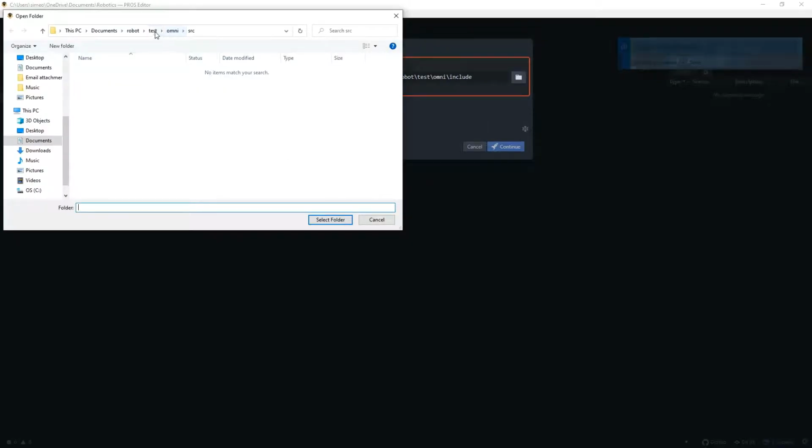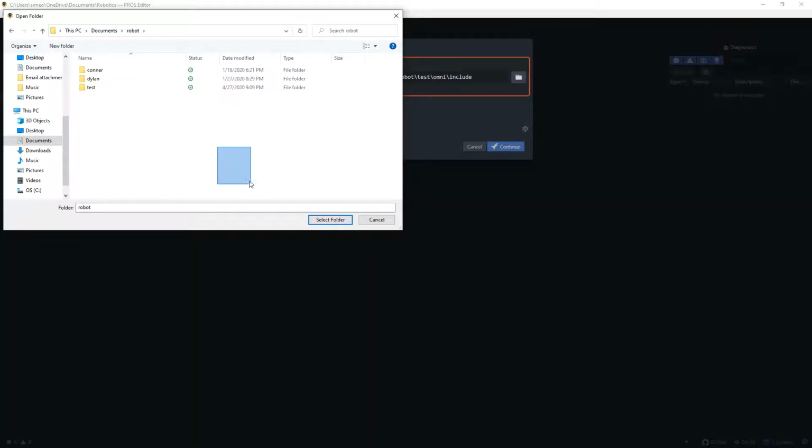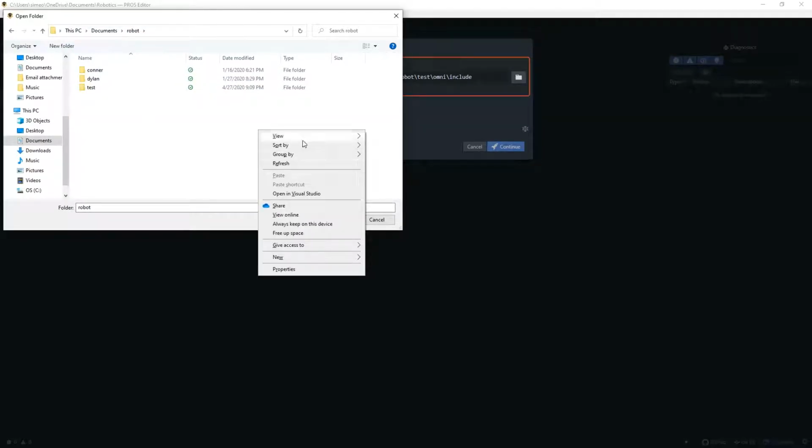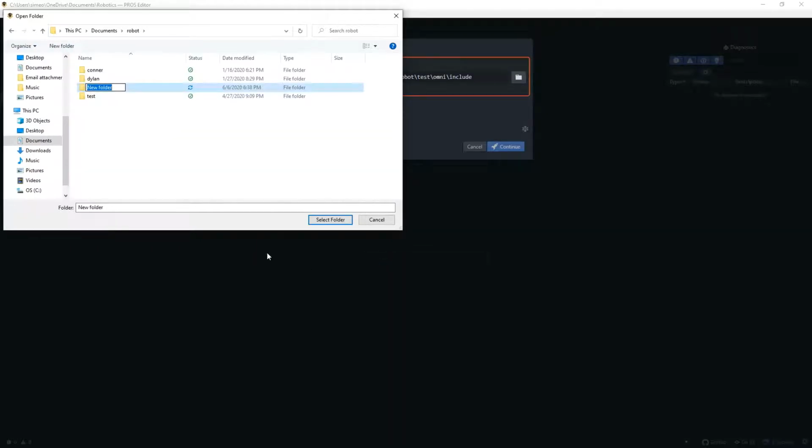Now files for pros are kind of picky. So if I was just to choose right here where I wanted my project to be, every single project in these files would become corrupted. So both of these are different projects, and they would become corrupted if I just created it here, or if I created it in here. So what I'm going to do is go ahead and create a new folder. This is going to be video projects,